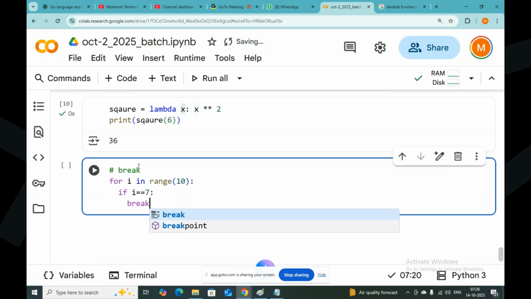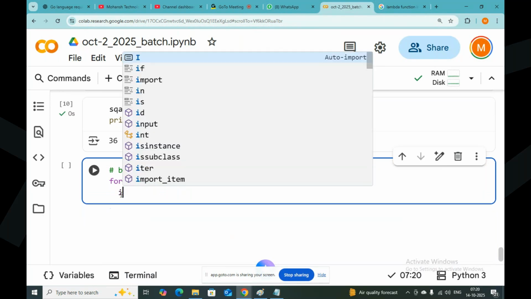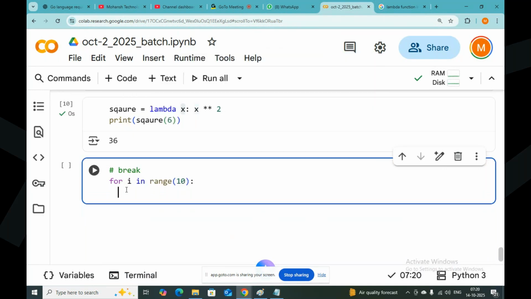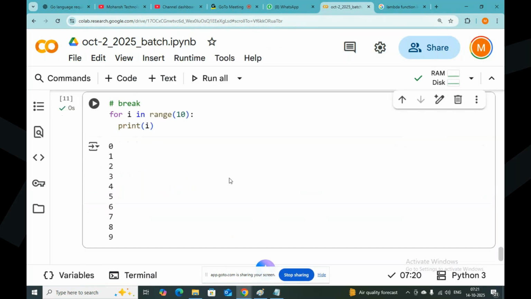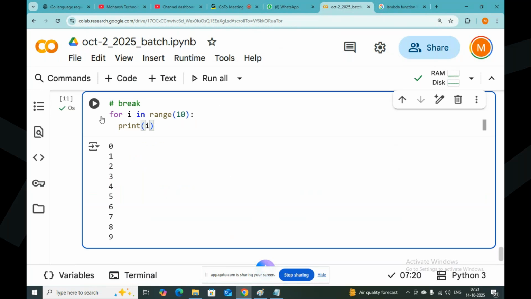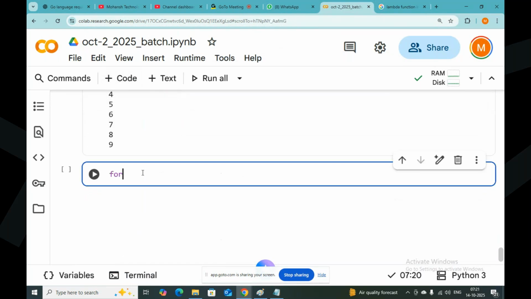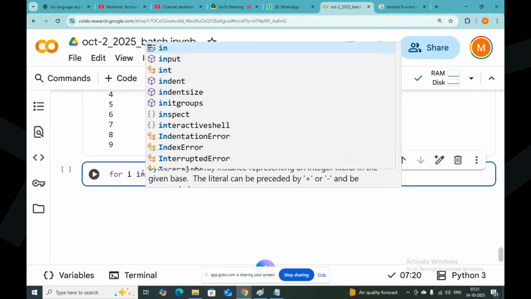So what is the output of this? Print i. What is the output? 0 to 9 will come. Okay, fine. But sometimes I want to break in the program. I want to break. So same thing, for i in range of